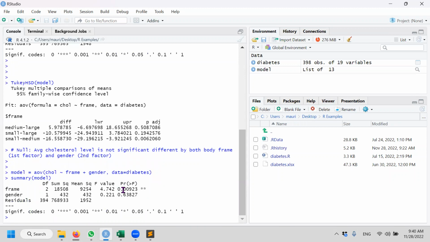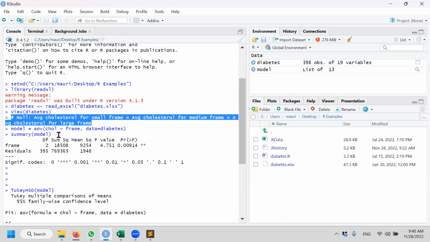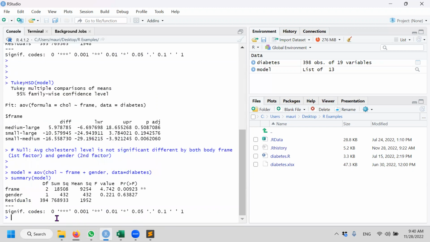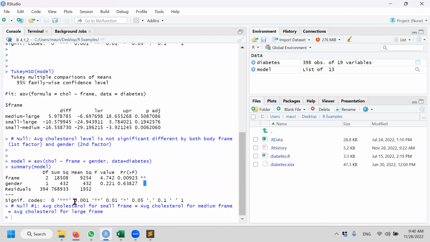So the body frame is still significant. Okay, but the gender is not significant. That means there is no difference. So for the first line, right? The first line is as good as asking the same question we have in our one-way ANOVA. Okay. So we actually have two null hypotheses. Null hypothesis 1 says that the average cholesterol level is the same between the small body frame versus medium body frame versus large body frame. Okay. The second line,